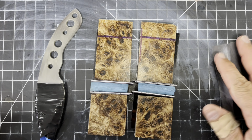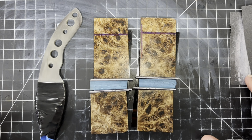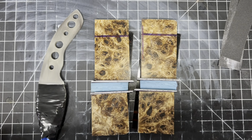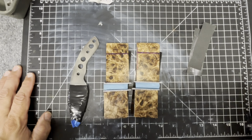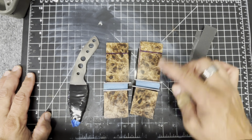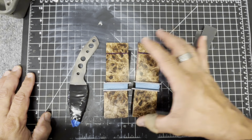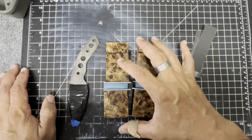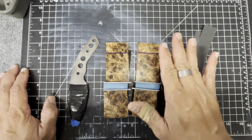All right, guys, I have all the individual pieces here. I know you can't really see all of them, but I'm going to start breaking it all down for you guys. Let's move this out just a little bit. So I have 2 scales, and what I need to do is just one more thing, and then these guys, and then I can glue all these up, and then once they're glued up, then I can start blocking it off